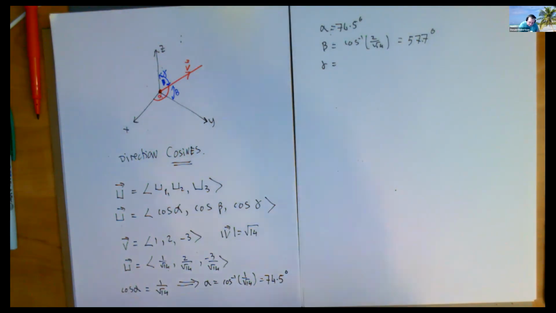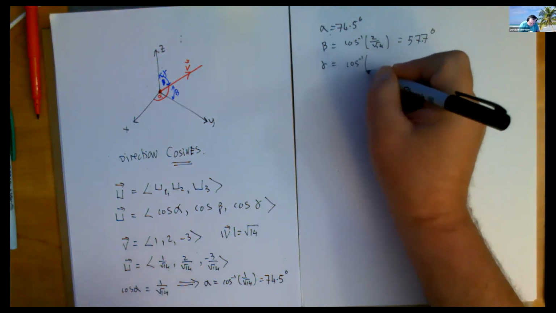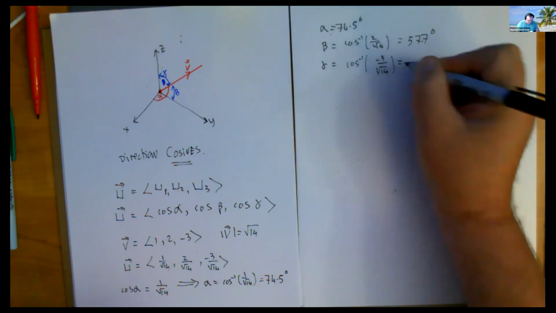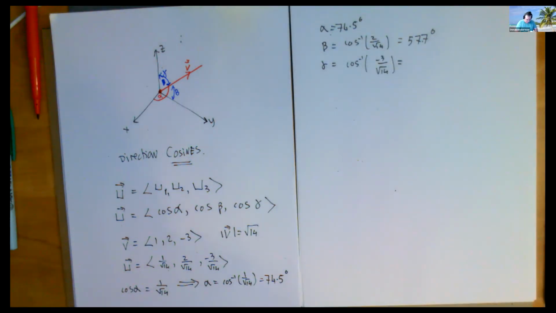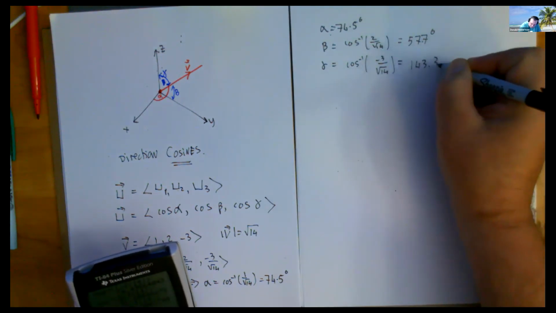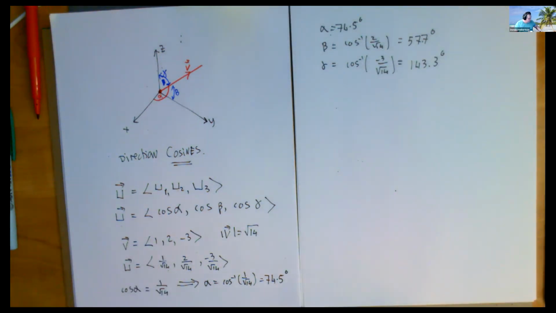And for gamma, it's the inverse cosine of this. One last inverse cosine to do: the inverse cosine of -3 divided by the square root of 14, and I'm looking at 143.3 degrees. Now you may have thought that those three angles might add up to, I don't know, 180 or